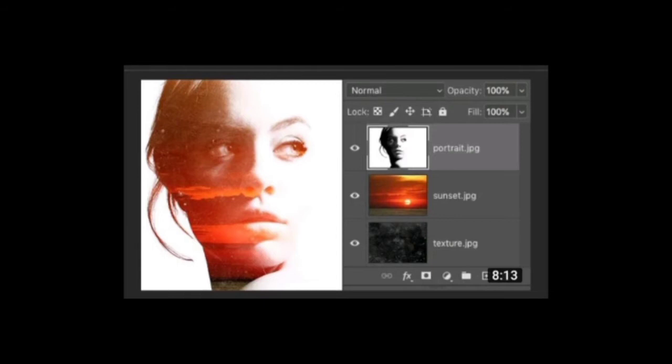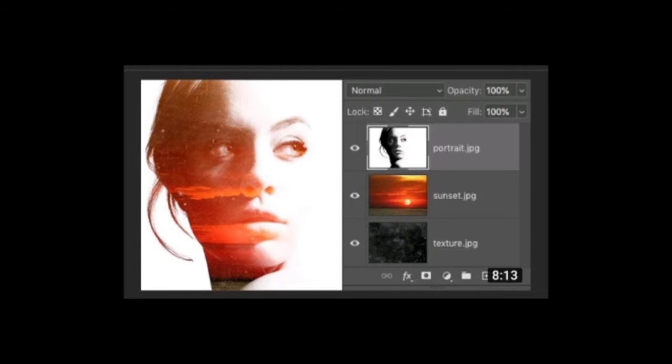Here also you can see that there is one background layer, and the rest of the two layers are used to do the editing. You can select the other layers and make changes on those layers to make your photo very attractive.